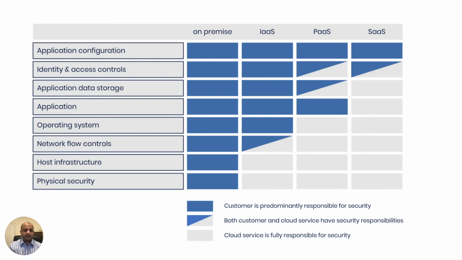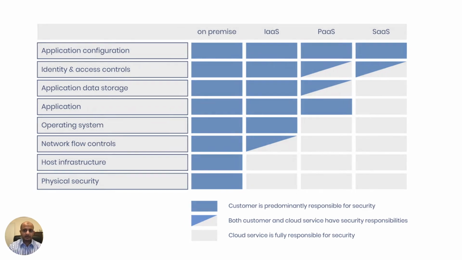It fluctuates depending on what type of service you're using, what type of model you have, what type of deployment you've done. Okay, so what do you think is the best one out of all these? The answer is, there is no best answer. There is no yes or no. It's up to the company to choose which model works for them, what business requirements they have, what regulations they are under, and depending on that, you should choose which model. But just be aware of who is responsible for what, and what things you have to be responsible for. Okay, guys. So this concludes the shared responsibility model. Let's move on to the next module.